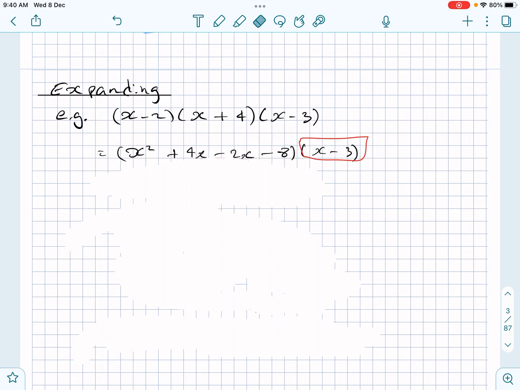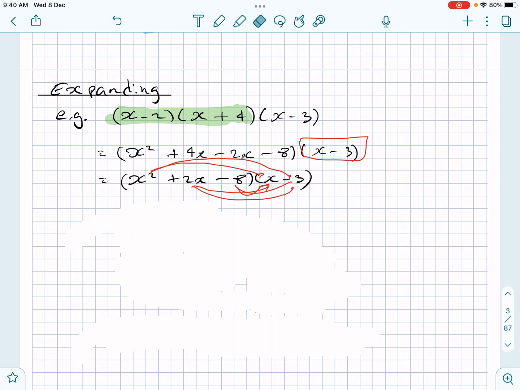So this example here, I've taken that third bracket, the x minus 3. I'm just going to park that, leave that alone, and I'll start by expanding these two here. I want to expand those two here the way you learned back in year 10. It's going to give you that first expanded bracket, like that, okay? So when we get that and we simplify it to x squared plus 2x minus 8,